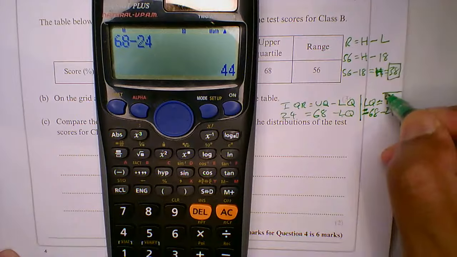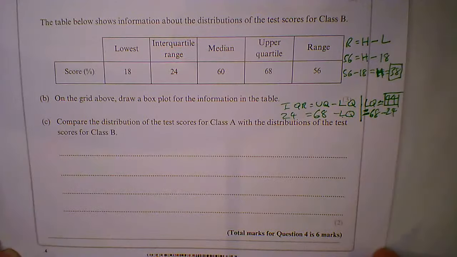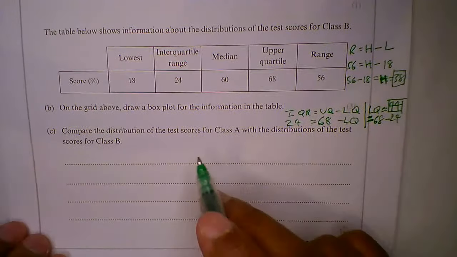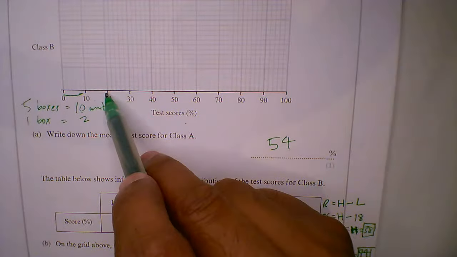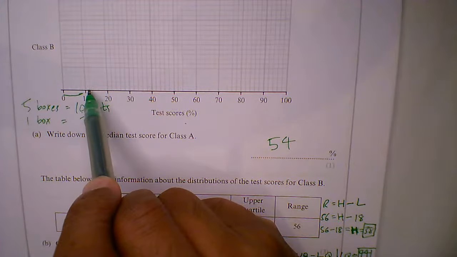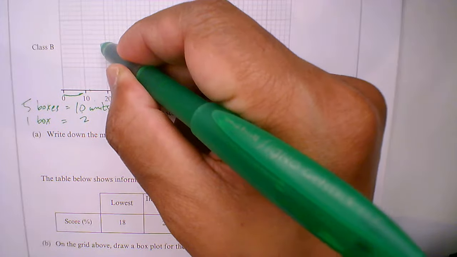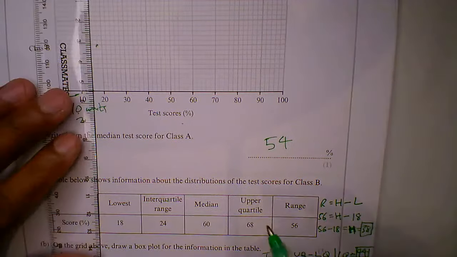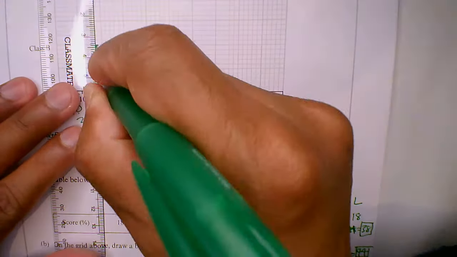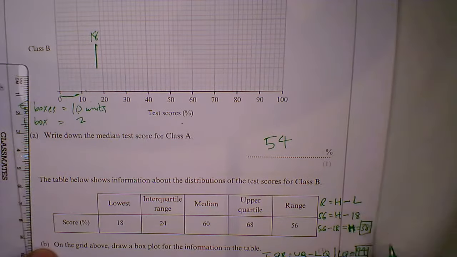And now I can plot these on my box plot. So my lowest value is 18. So going from 10 to 12, 14, 16, 18. Use a ruler. Let me find my ruler, make it neat. Here we are. So this is 18. My largest value was